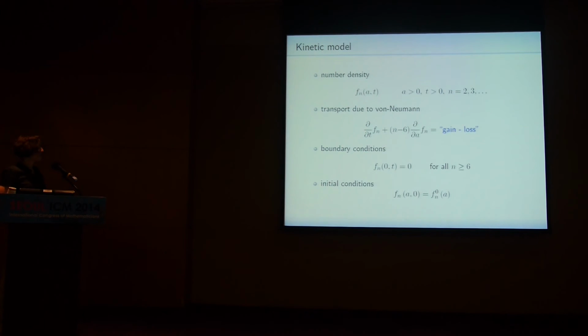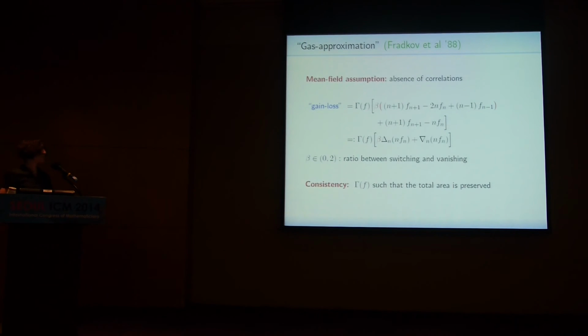But then, this is not zero, that would be trivial, but there are some gain and loss terms due to these grain vanishing and edge vanishing events. And then we need to couple it with boundary and initial conditions. That's maybe not so important at the moment. The question is, how do we model these gain and loss events? There was a suggestion by Fradkov, what he calls the gas approximation, again in some analogy to the Boltzmann equation. He makes a kind of mean field assumption again, and assumes that in the absence of correlations, you can assume that